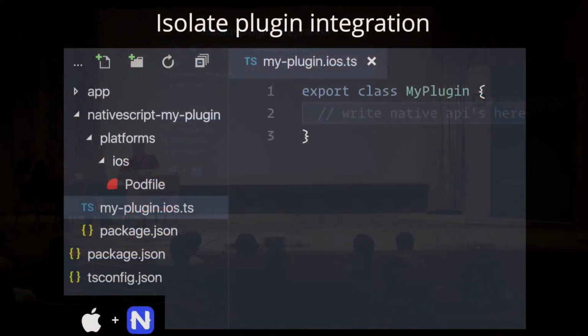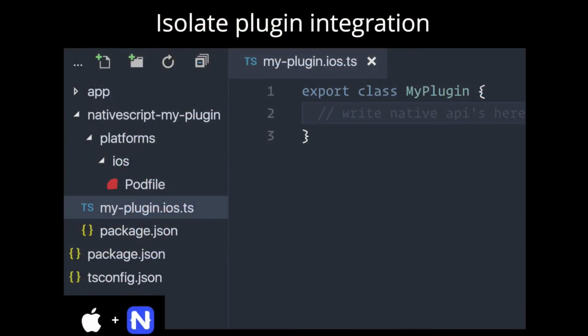I'm just exporting a class. It's got the suffix on there. NativeScript is going to pick up that suffix and actually exclude the suffix, build it into just myplugin.js when it runs a NativeScript app. So it's just included like a standard JavaScript file. But let's say we got this class sitting here,